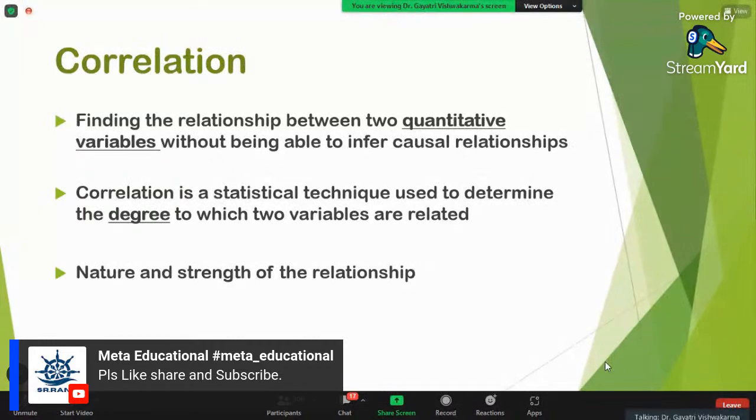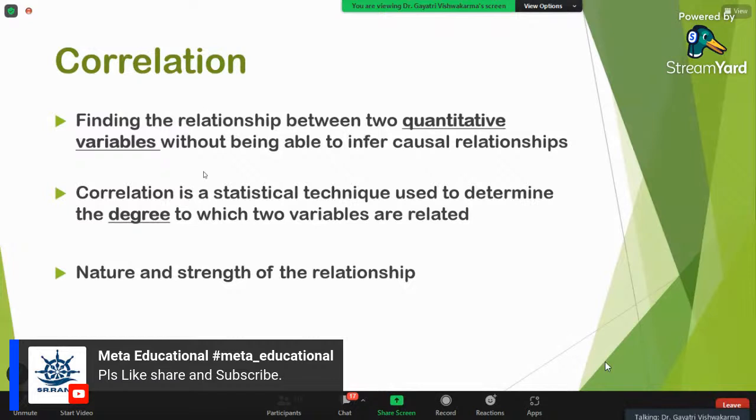So correlation is a descriptive measure, telling us only about the relationship. We cannot say that because of this, that is happening. If you have to answer that, then you have to apply the regression technique that we are going to see today.